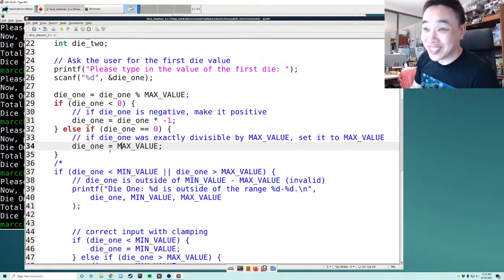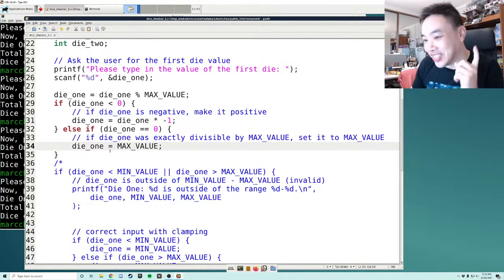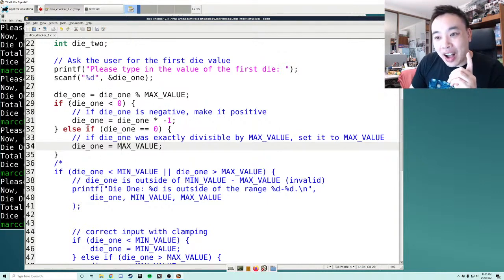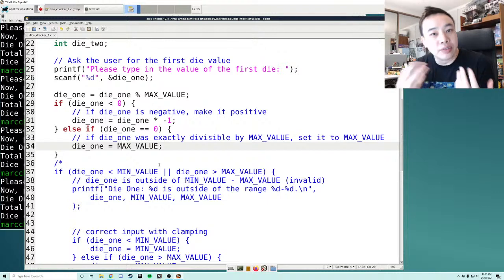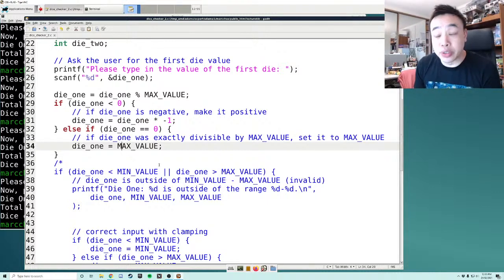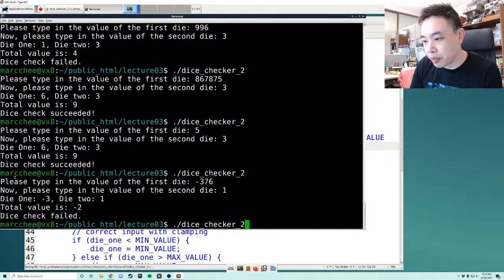Sneaky. I didn't get my dice out today because I knew I was going to do this. I have made a program that kind of simulates the rolling of the dice for me, so I don't even have to pick up the dice to get this to work. So let's save this, compile it,